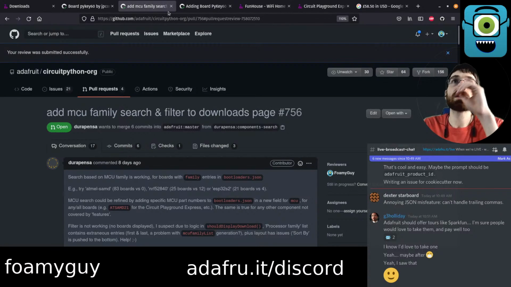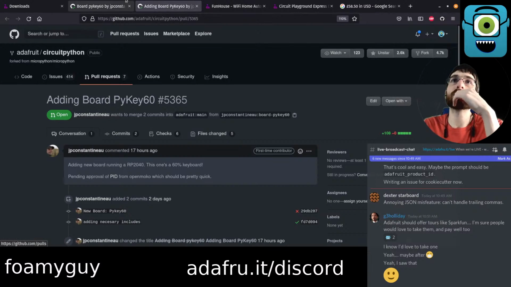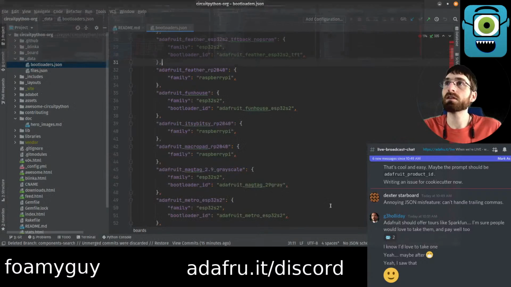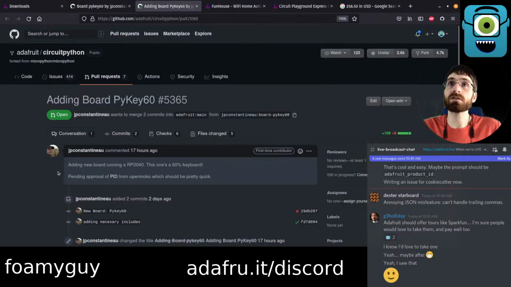Okay, so next thing, those were the two follow-up things I wanted to do. Let's look at this keyboard real quick. We'll take a short tangent here to look at this keyboard, and then we'll get into the next thing I want to work on. So this one is the